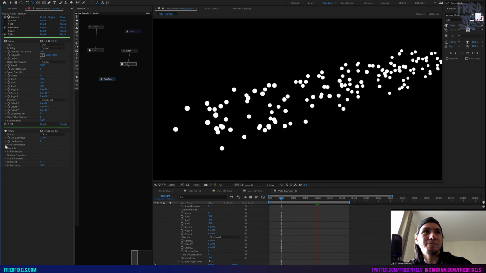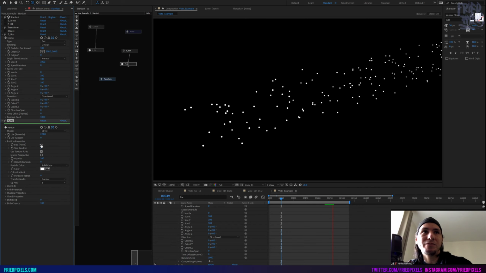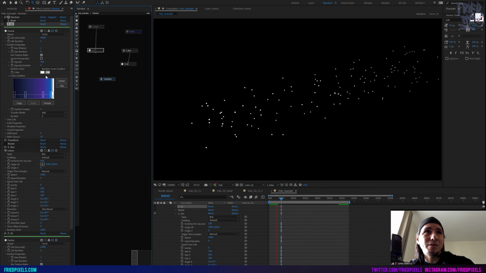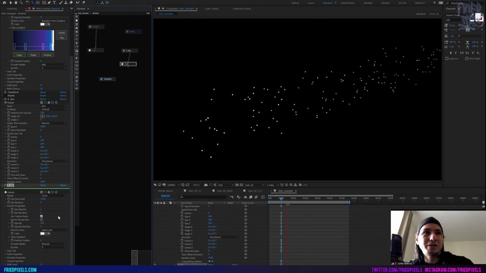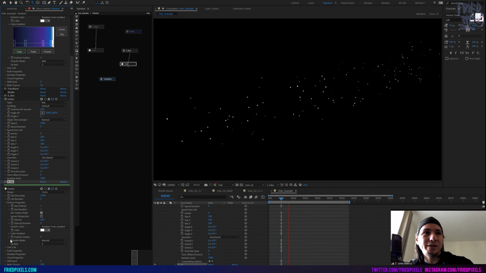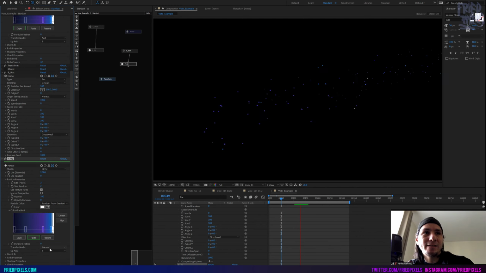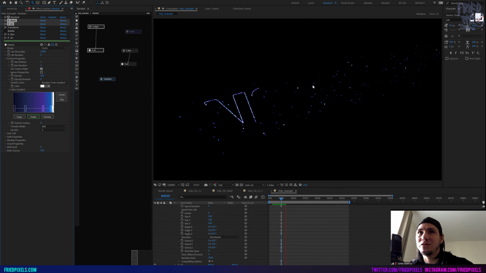Same thing with the particle type. I'm going to lower the particle size to maybe like 2 or maybe 4, somewhere around there. And the same thing, we can just grab our gradient from our other particle. We're going to do color random from gradient, and then we can paste that same gradient down here. And then we're going to set them to additive as well. So now we have our particles that are blowing across, and if we turn back on our first particles, you'll see that they are moving across those, right?